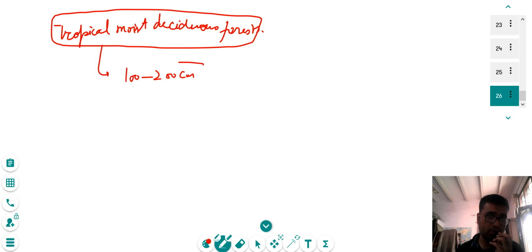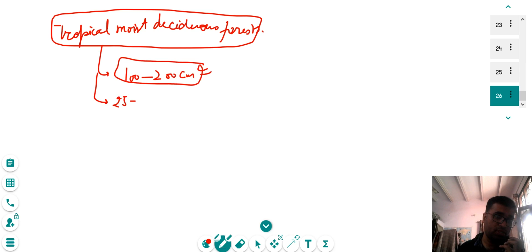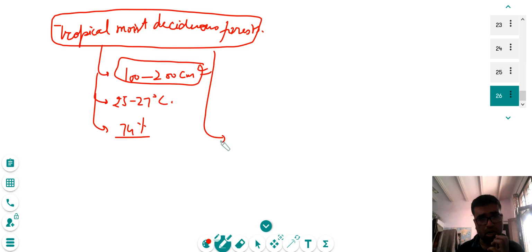This is the main rainfall variation, 25-27 degrees centigrade temperature, and around 74% humidity. Okay, and these forests are found mainly in Madhya Pradesh, particularly eastern MP,